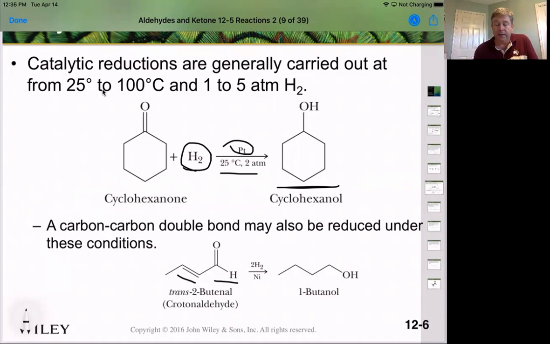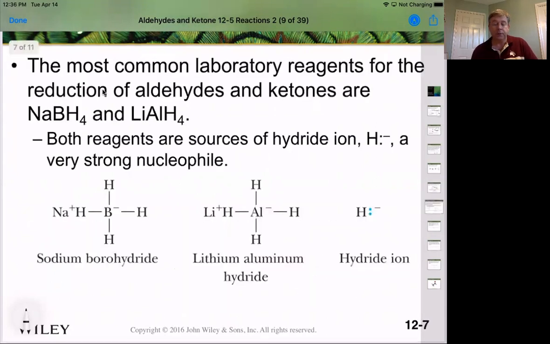So the catalytic hydrogenation reduces both carbonyls and double bonds. Therefore, you don't have control. You'll end up reducing all of those double bonds, both the carbon-carbon double bond and the carbon-oxygen double bond, down to give us, in this case, a primary alcohol. Okay. So if we want to be more specific and only reduce down our carbonyls, we have to go to